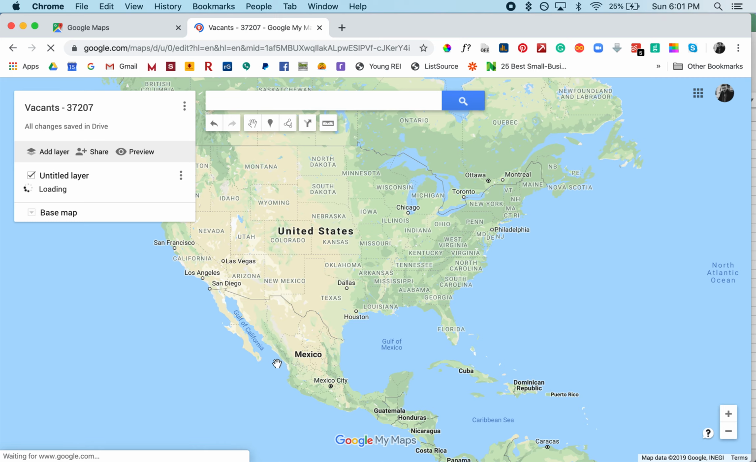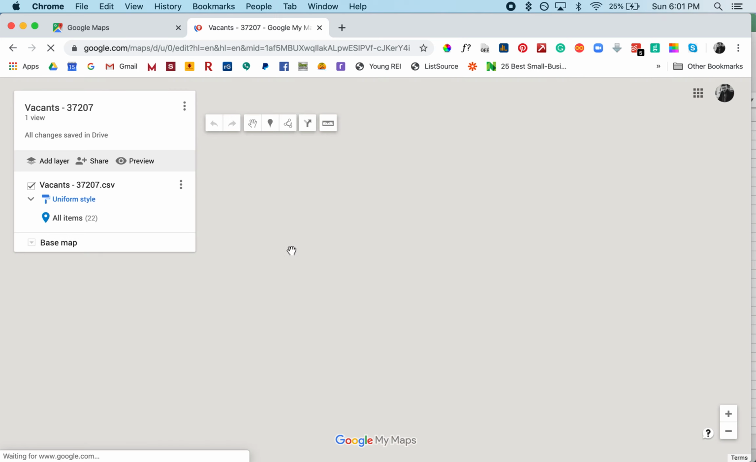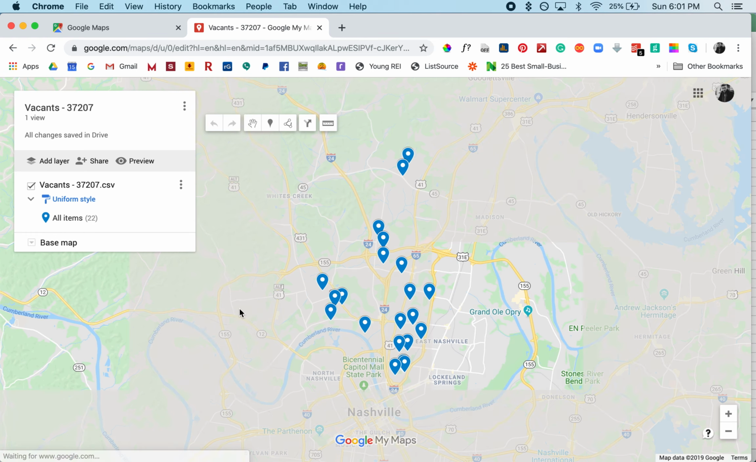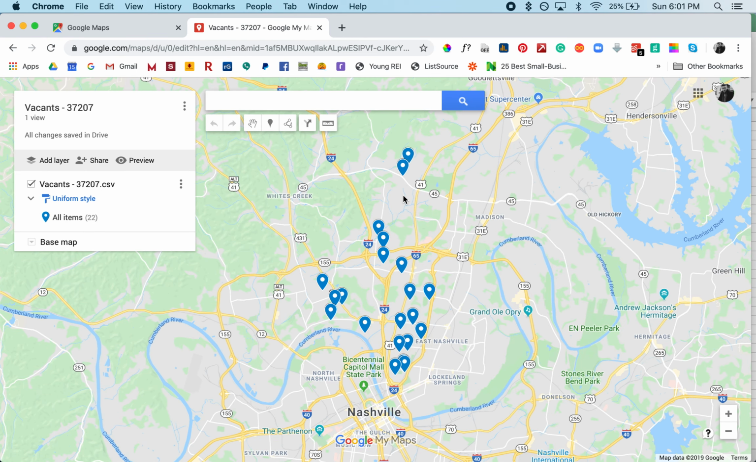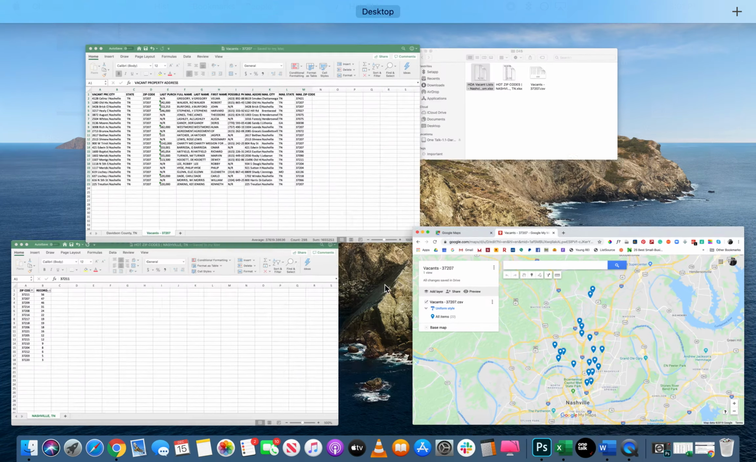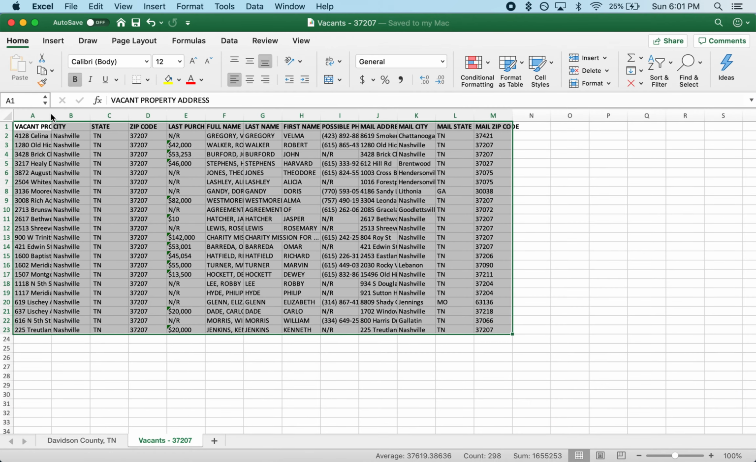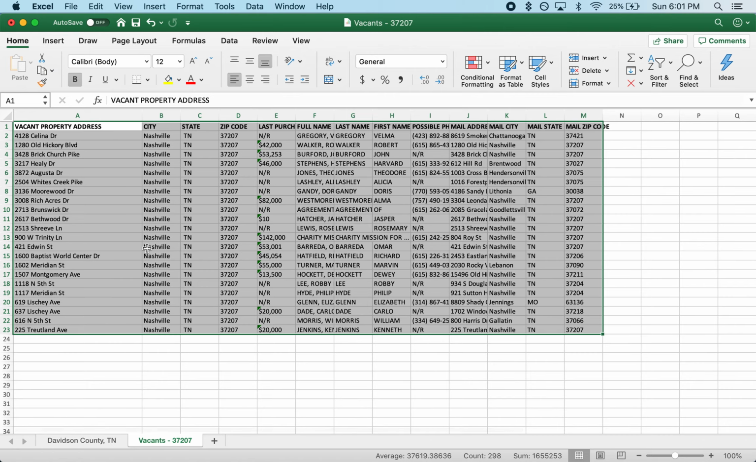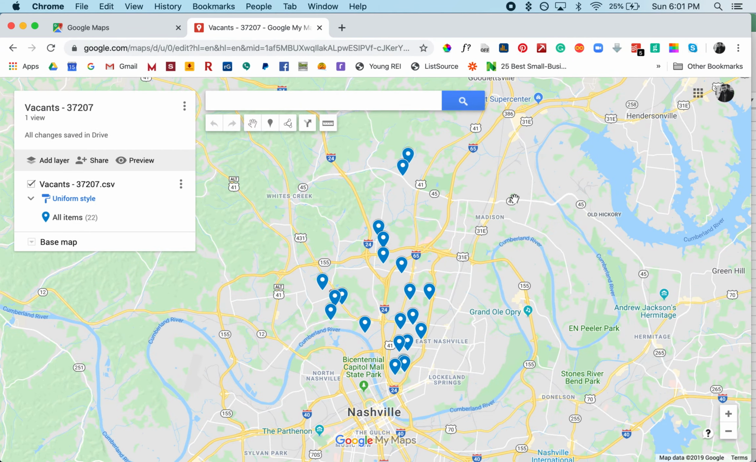Okay, and then Google's going to do its thing, and then it should populate your map with all of those vacant property leads in that 37207 zip code. So all these place marks here are the same addresses that you see here. Okay, so really cool. Now that this map is saved and you have these imported,